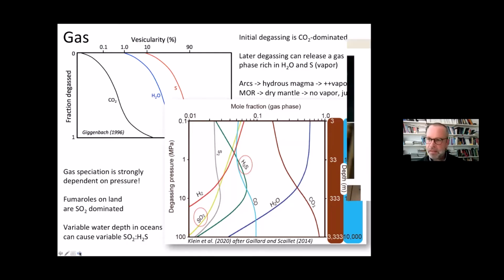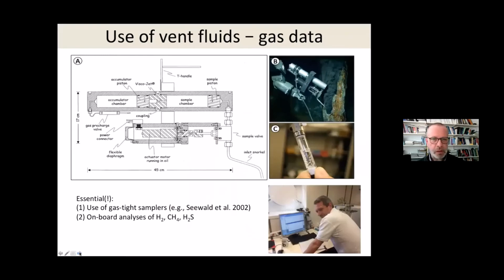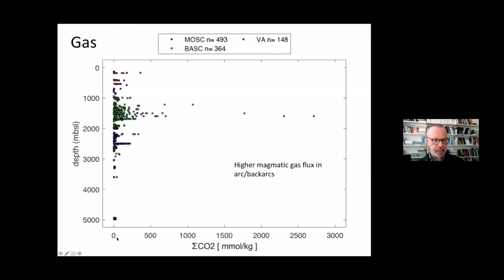seafloor hydrothermal systems. Talking about gas, it's imperative to use gas-tight fluid samplers. We like to use the one that Jeff Seewald built 20 years ago. And here you see it in action, and you can then retrieve the fluid that is kept under seafloor pressure. All the degassing takes place in a gas-tight syringe, so it's a closed system, and then you can use a GC that you bring on board to measure these gas species,